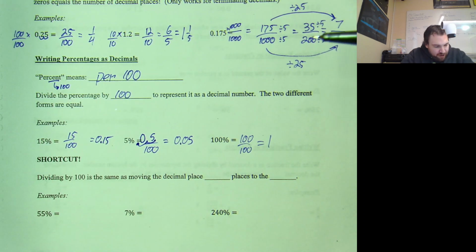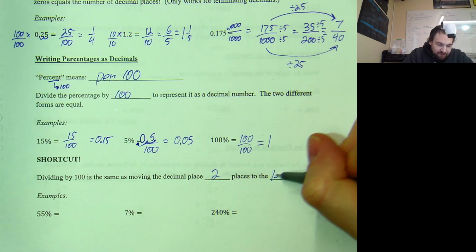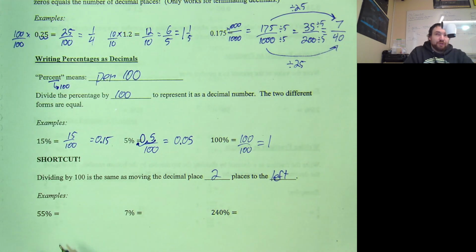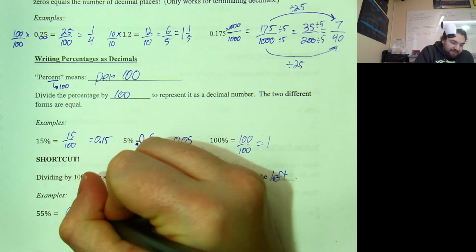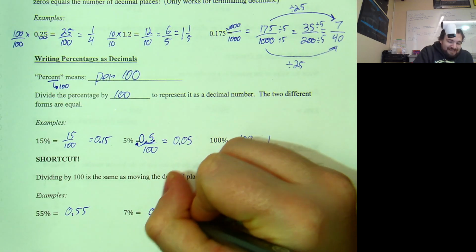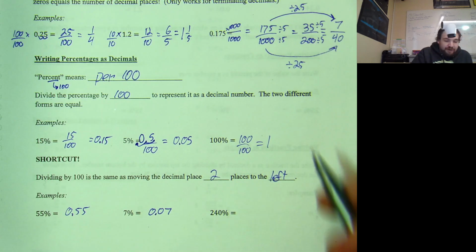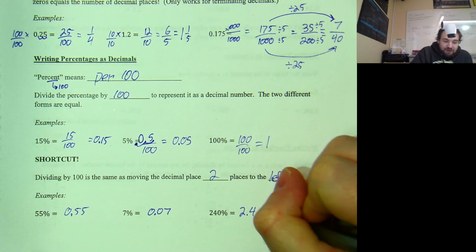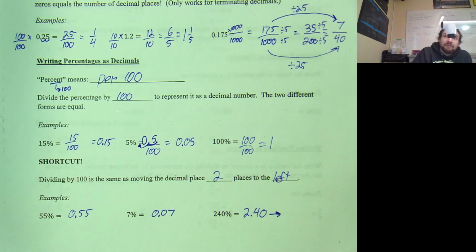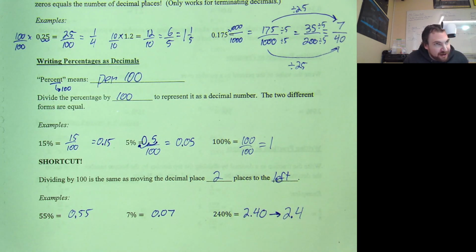So the shortcut you guys already know, dividing by 100 is the same thing as moving the decimal place 2 places to the left. So we can shortcut this a little bit. 55% is going to be what? 0.55. 7% is going to become 0.07. And 240% is going to become 2.40, which I don't have to write as 2.40. I could just write that as 2.4. I don't have to have that 0 there unless I'm doing rounding and I tell you I want it to a specific